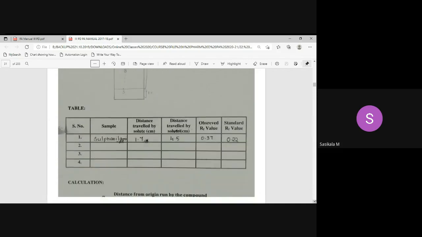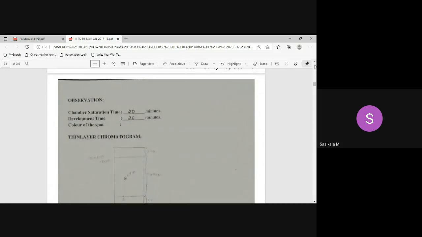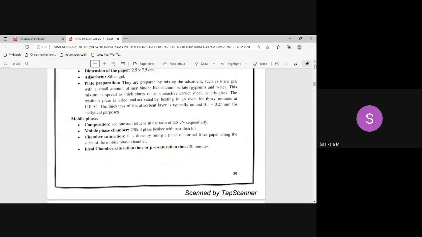Okay. So this is about TLC separation. The same things you need to write, and write the chemical reaction between sulfanilamide and UV light, so that what color it will give. Even you can refer and write also what color sulfur drugs will be giving at 254 nanometer. What color fluorescence it will be giving. Refer and write. Okay, and write the reference also in your observation. This is the work assigned to you. What you will be finding, what color fluorescence sulfanilamide will give under UV light at 254 nanometer. Find out and enter in the column where it is given here.